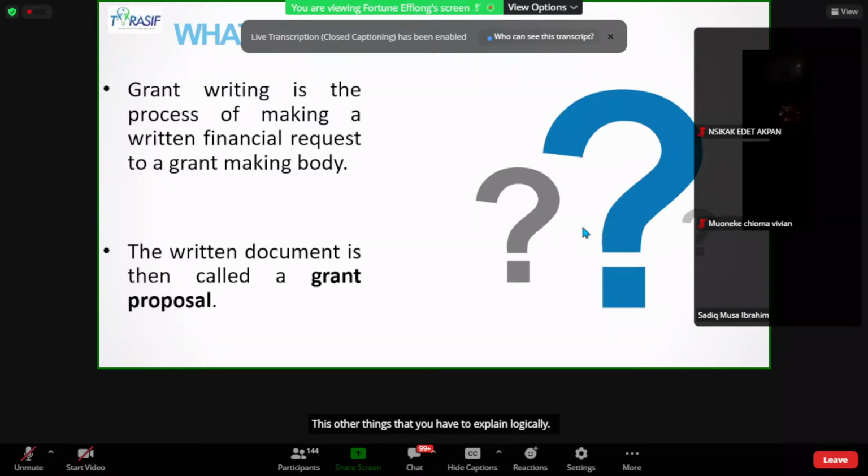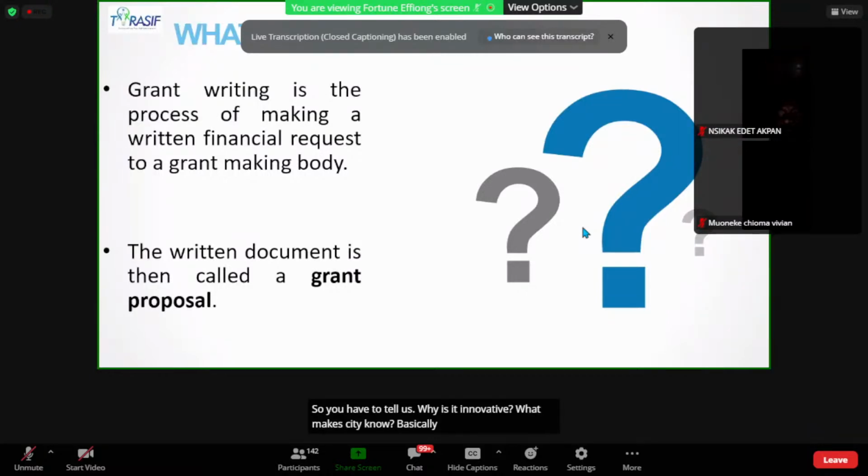And clearly. So you have to tell us, why is it innovative? What makes it innovative? Because we want to fund, we don't want to keep funding the same thing. So one thing you might want to do, if you're not doing it in your methodology, you have to do it in your background. You have to distinctively show how you are coming,